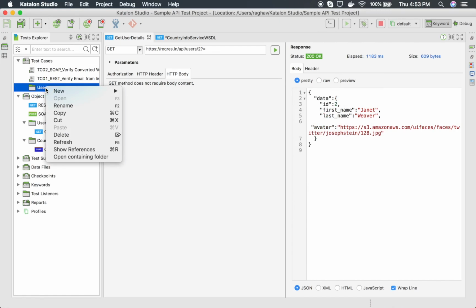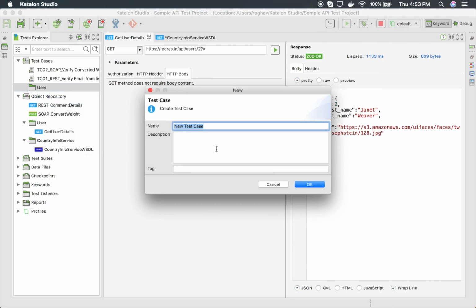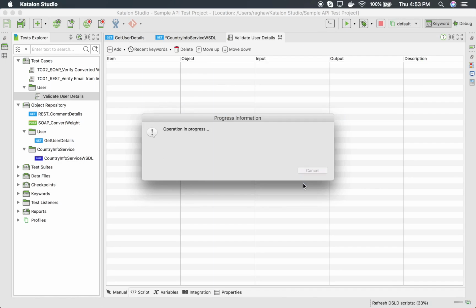And inside the user folder I will create a new test case, and here I will give some name, validate user details, and you can give some description and also you can give some tags. So I will say user details. Now tags are important when you are searching, so if I give some tag and say OK,